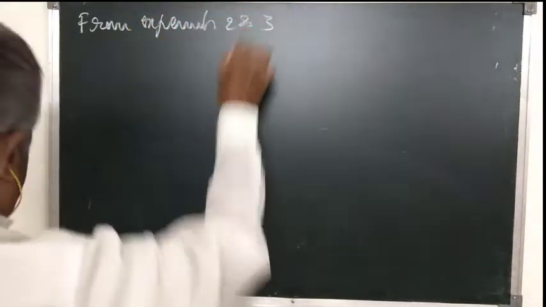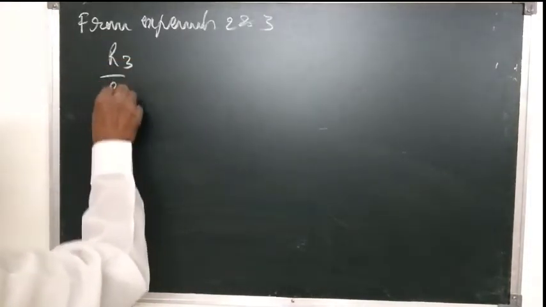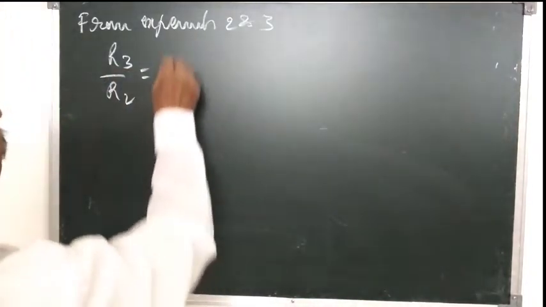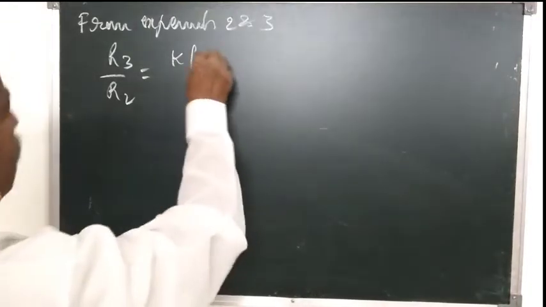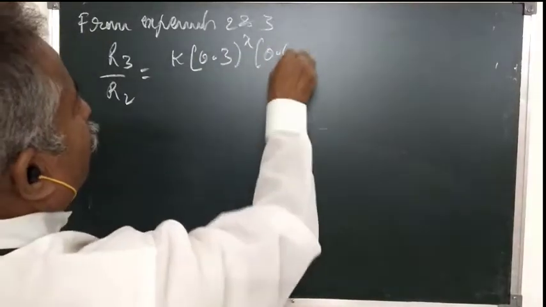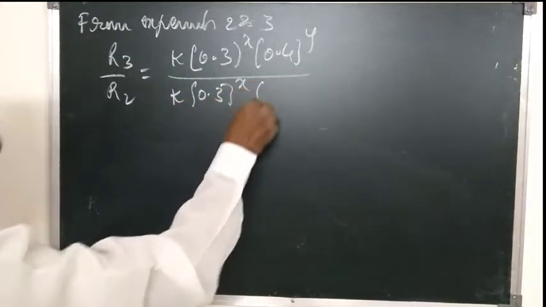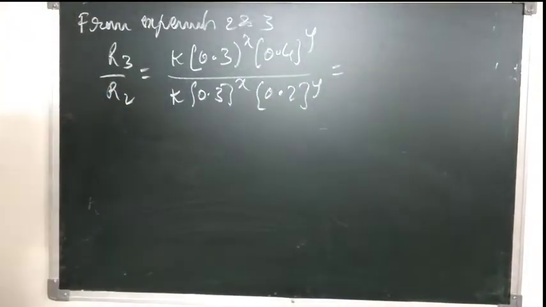Similarly, from experiments 2 and 3, R3 by R2, that is reaction 3 by reaction 2, equal to K into concentration of A in reaction 3 is 0.3 to the power X into 0.4 to the power Y by K into 0.3 to the power X into 0.2 to the power Y is equal to,